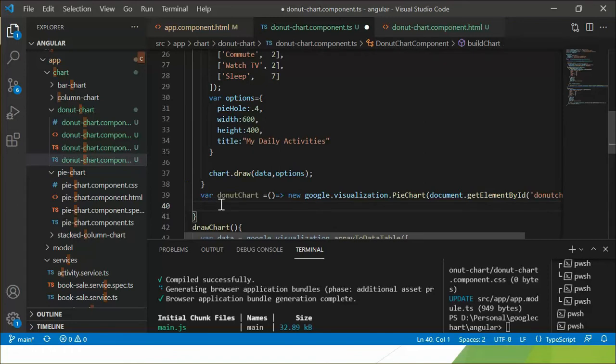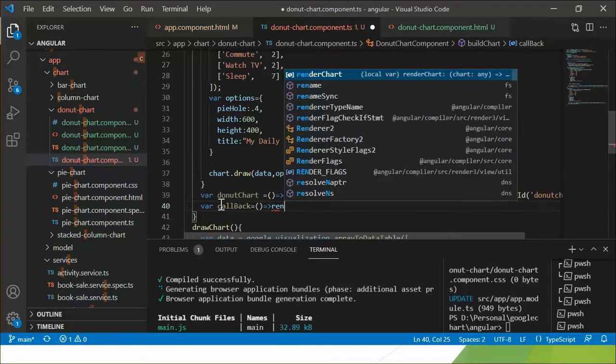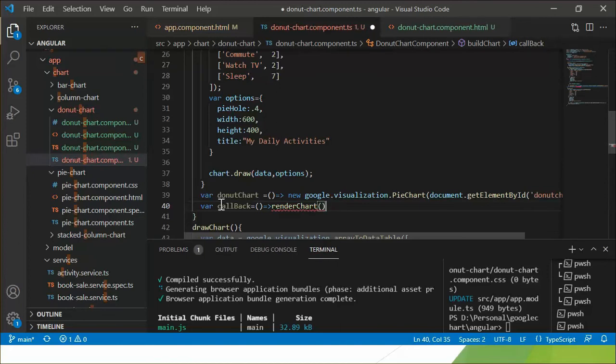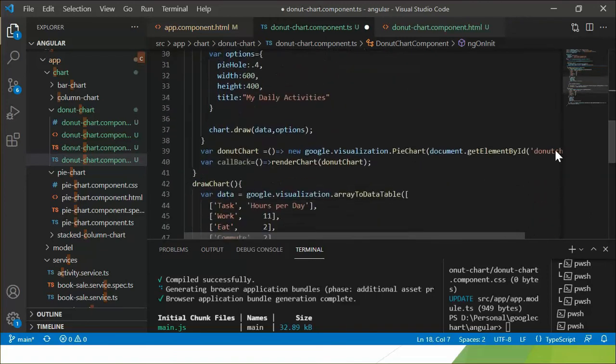Okay, let's create another method, name it callback. And this method will call the render chart method and pass this donut chart method into this call. So cut this callback method from here and paste here.